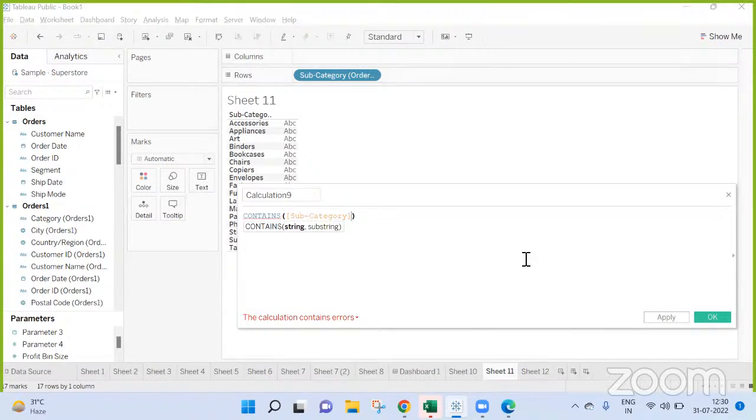In which this should be containing that field. You need to say subcategory order 1. In subcategory order 1, this should be contained. You should contain